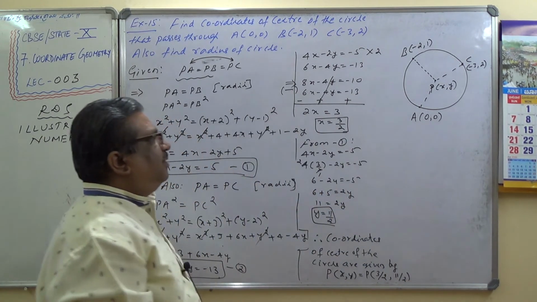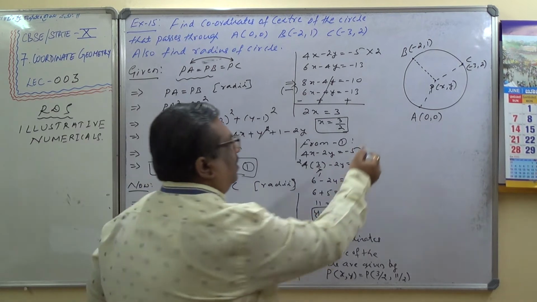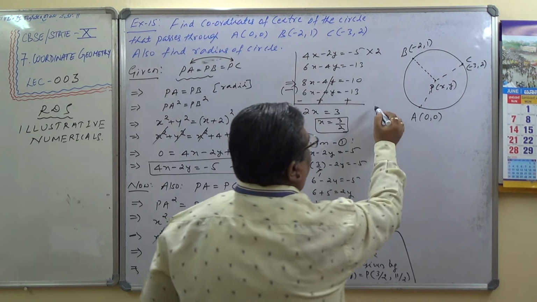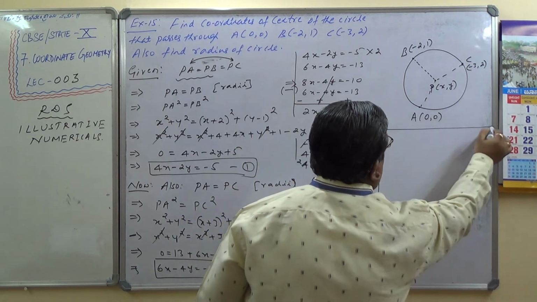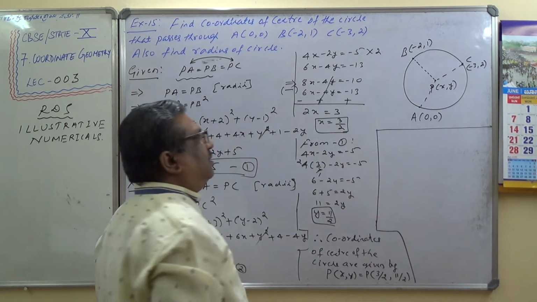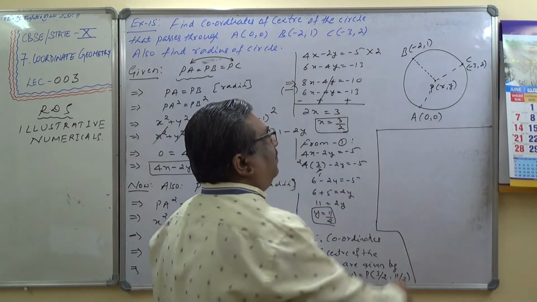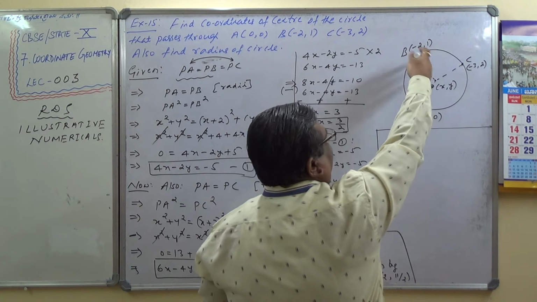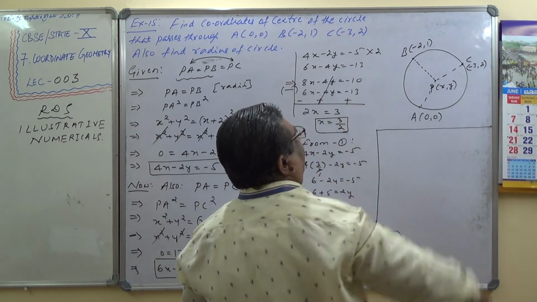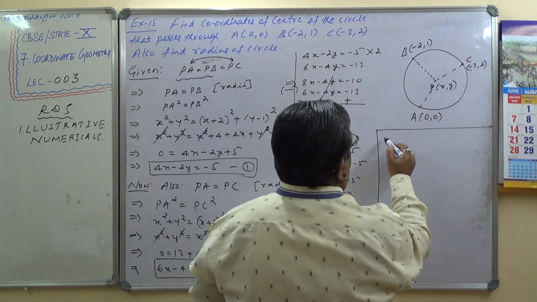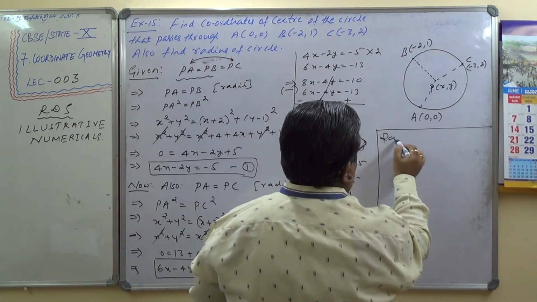This is the first part of the answer. Next we have the radius we have to find out. To find the radius, use the distance formula AP here, which is very simple. Otherwise, these things with BP and PC are complicated, no? We'll take AP. The radius is given by AP.